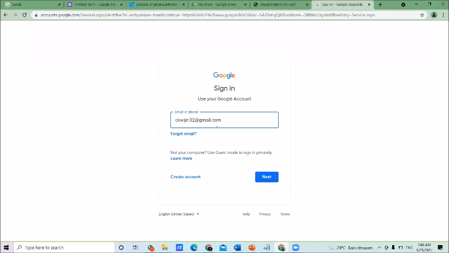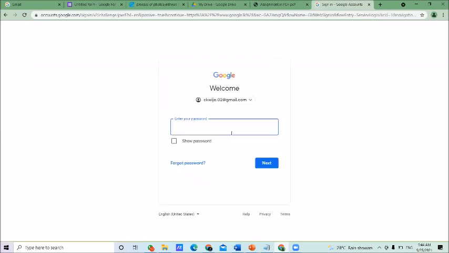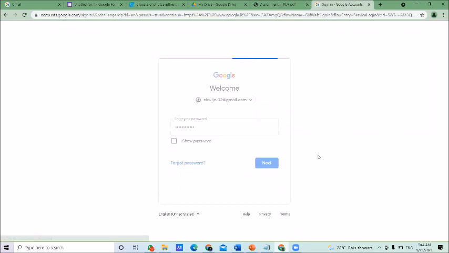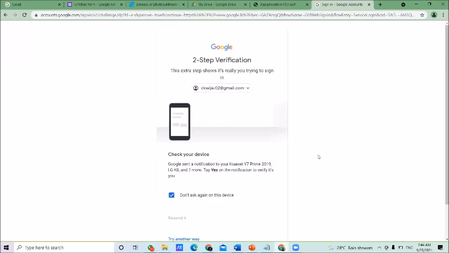Type your Gmail address under the space provided here, the email address. Then click the next button. Then give the password. Once you give the password correctly, you will open your account.